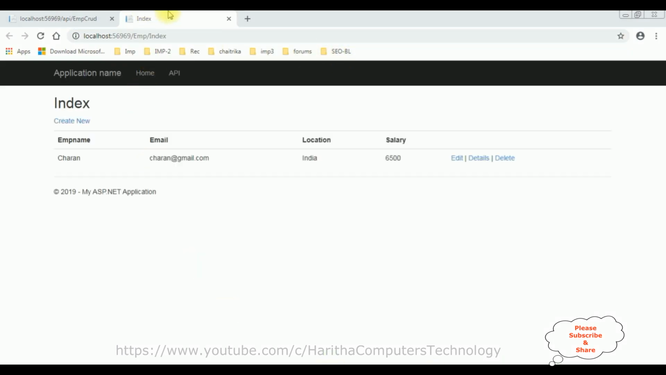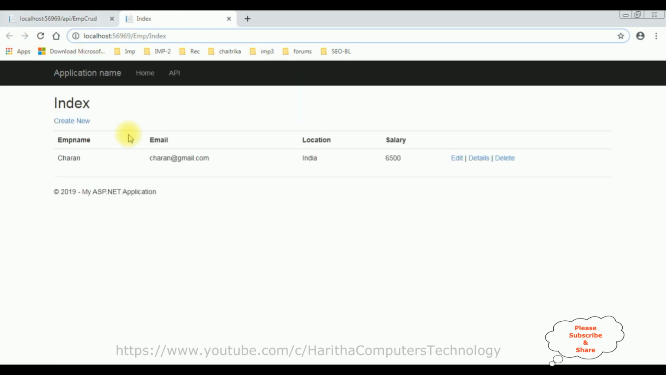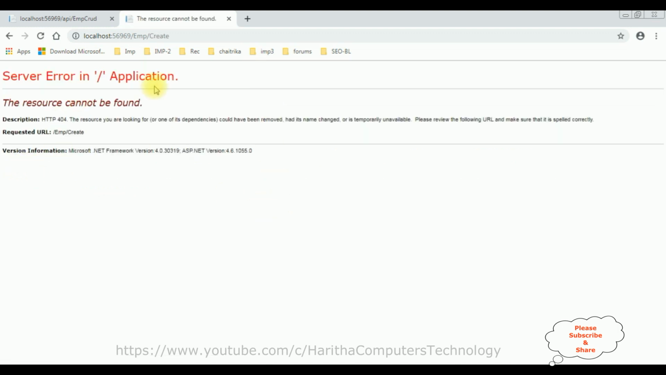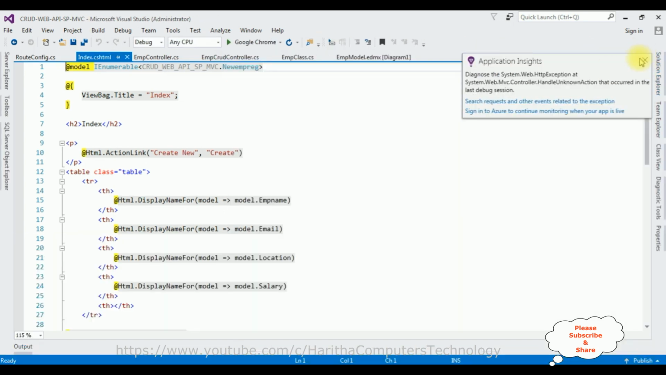And here we got the results of this index view page. Notice the Charan record is showing in the index view page. This is a web API. Right now in our table we have only one record, Charan, and that Charan record we have consumed this web API into this MVC. Now my next target is, let's insert new records. When I click create new, I want to get a create template to insert a new record into the database table. So let's open Visual Studio, stop debugging,